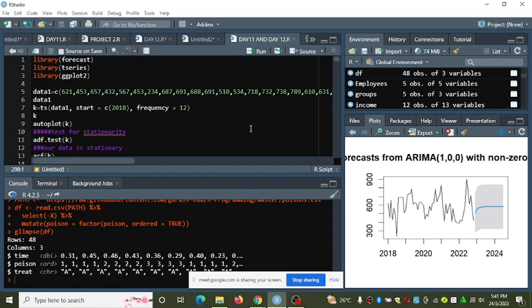The data here was specifically from the outpatient records, and it was recorded on a monthly basis.